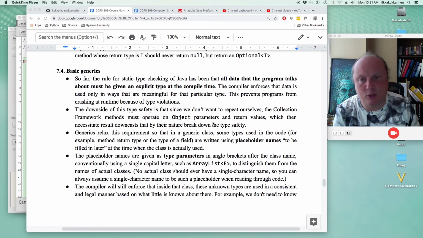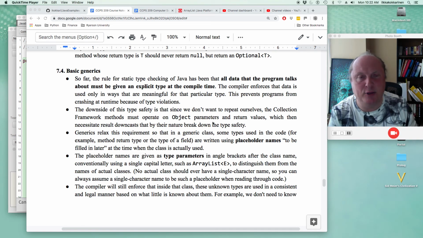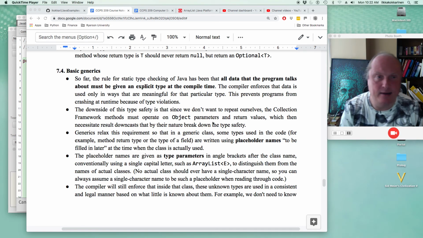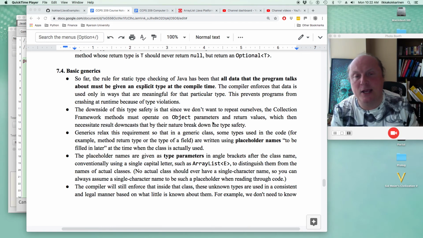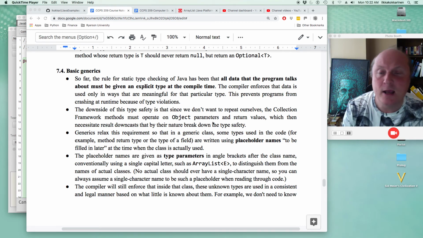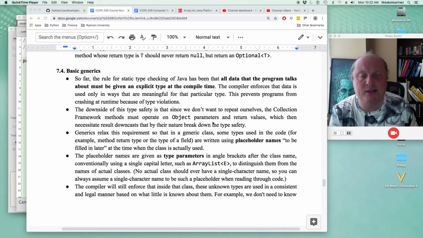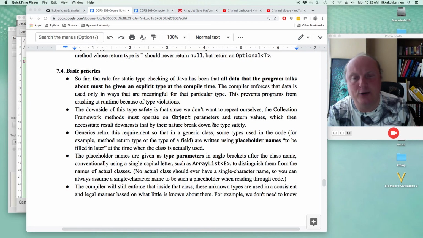Now, generics, the most important thing that was added to the language in Java 5, making the language a lot more flexible and a lot better to use than it was before. So thinking about the difference between Java and Python, the very different way that the source code of these languages looks like. Java, once again, is an explicitly typed language: for all the data that exists in your program, you have to give the explicit types of it, and from those the compiler can then infer the type of every possible